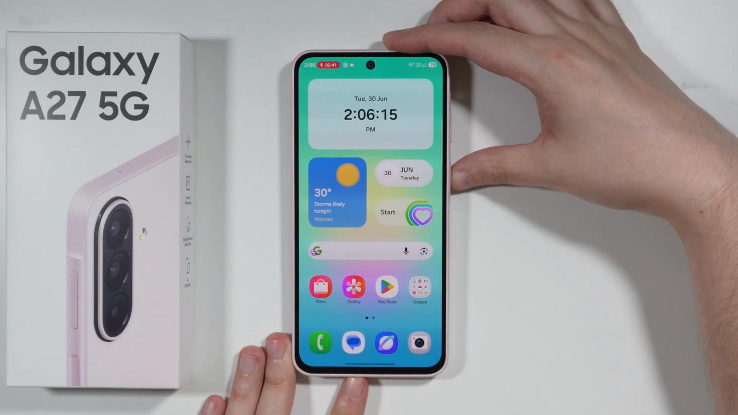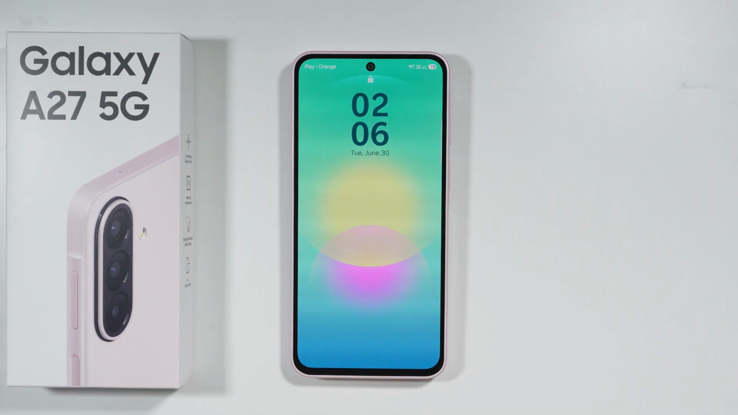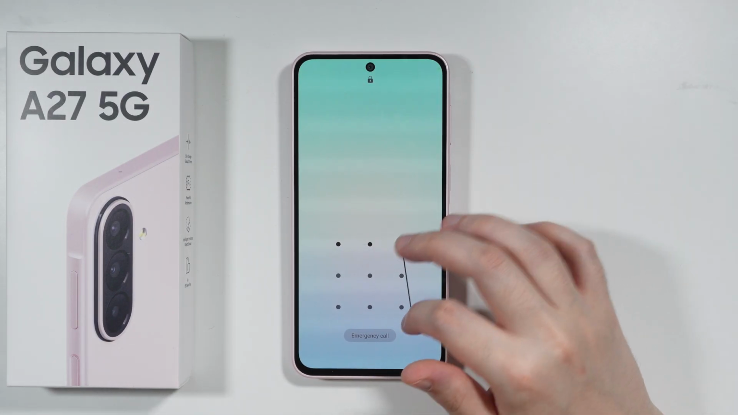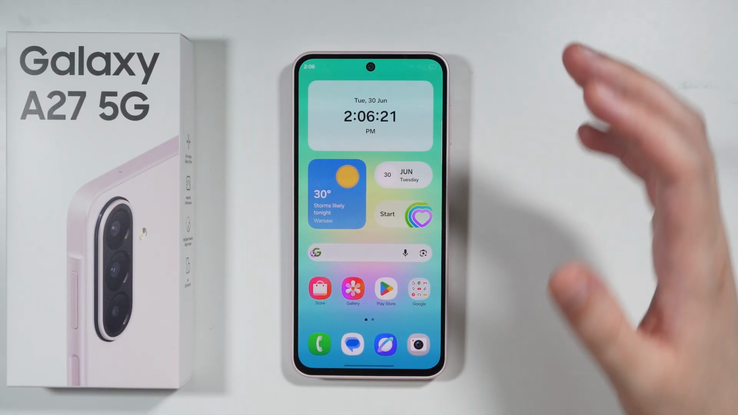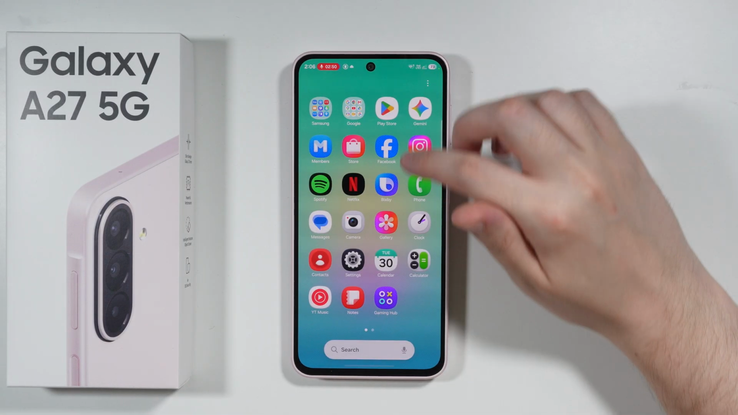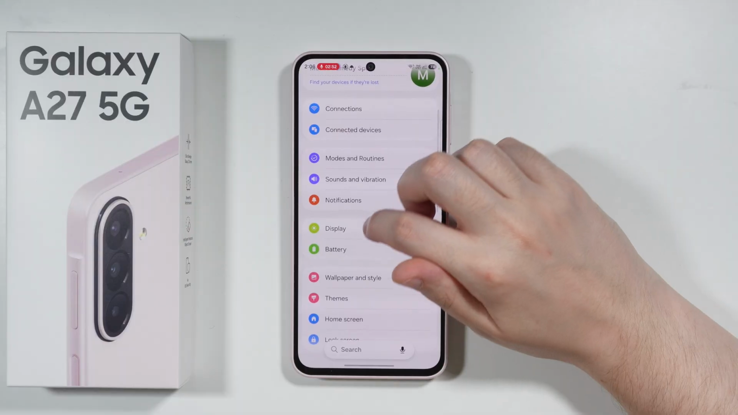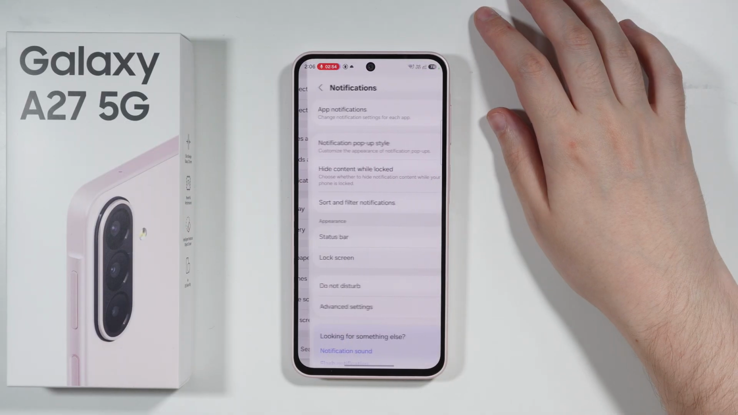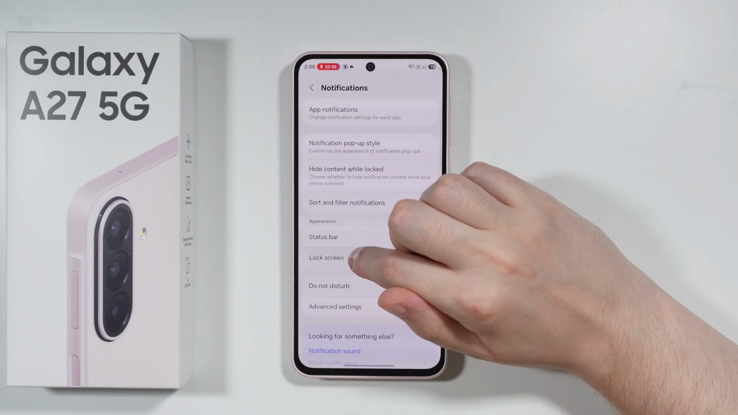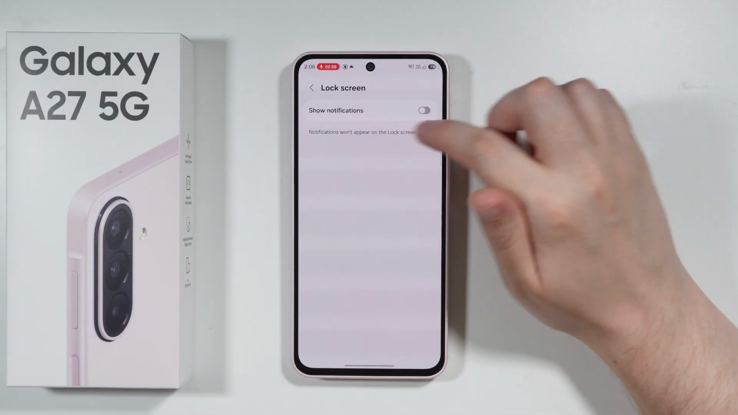Let me show you what you can do to fix navbar not displaying on the lock screen on the Samsung Galaxy A27. So the first thing that we can do is we can go to settings, and then over here in settings we're gonna start by going to notifications. Over here we're gonna go to the lock screen, and first of all you want to make sure that lock